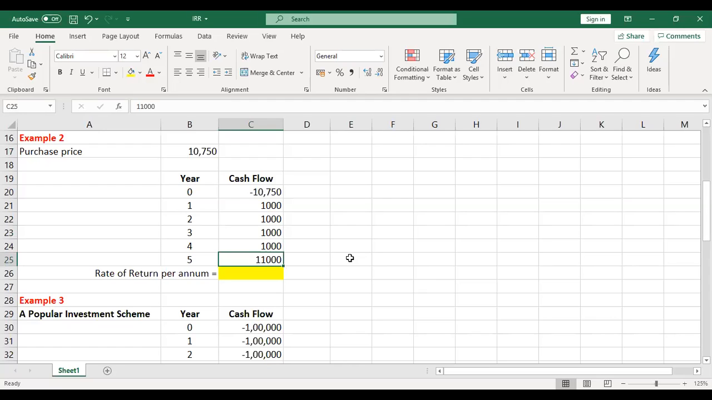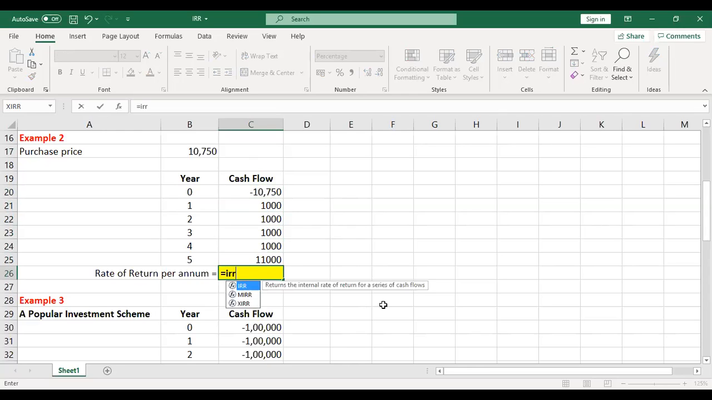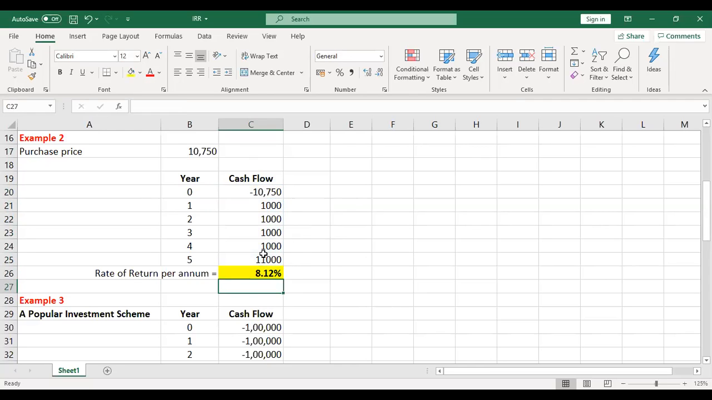Last year I will get the interest of 1,000 plus face value 10,000 given back to me. Now my outflow is 10,750. These are all my inflows for the first 5 years. So I am going to again use the same formula, is equal to IRR, bracket open. I select this range, close the bracket and enter. The rate of return per annum is